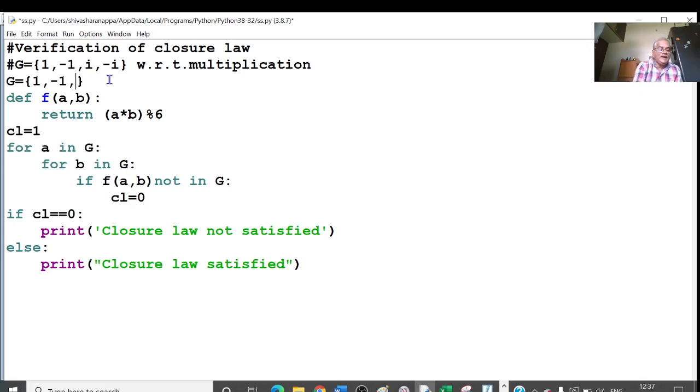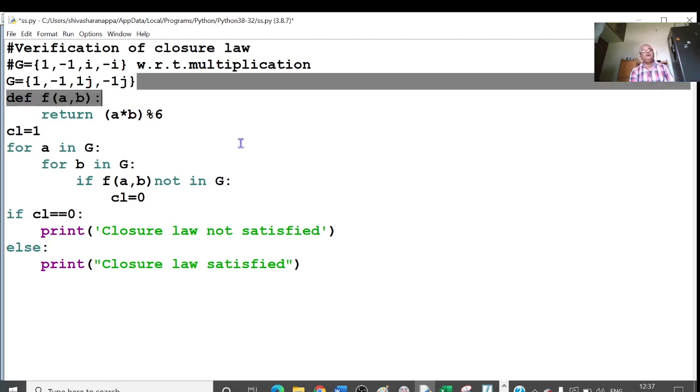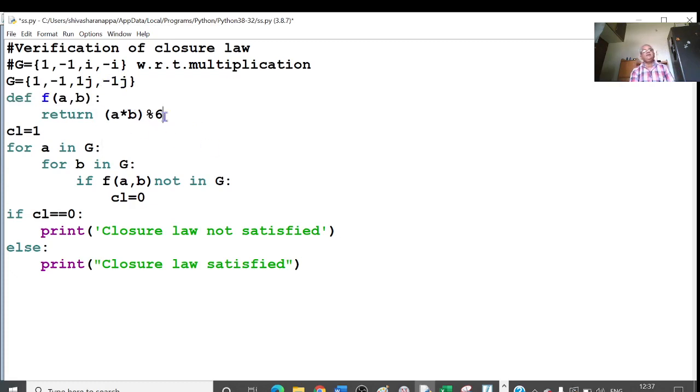In Python, i is denoted by 1j. Okay, i is denoted by 1j, comma, minus i, that is minus 1j. So this is our i, this is our minus i. So here, what is the definition? Multiplication is the definition. Okay, I'll remove this. The remaining thing is same. Let me run this program.